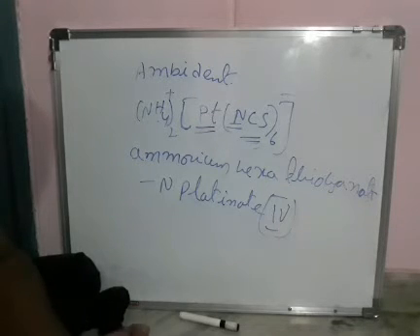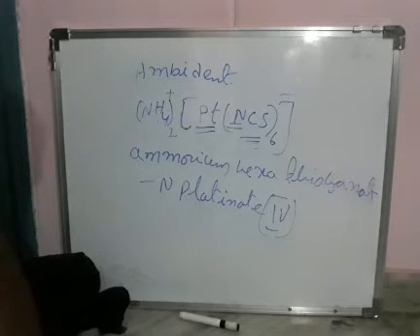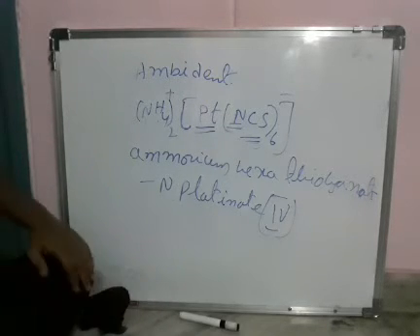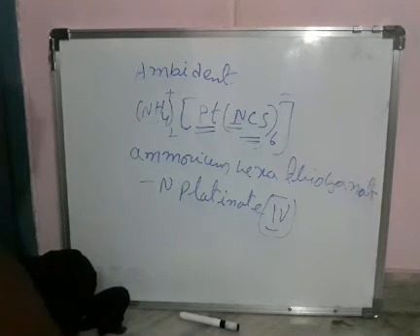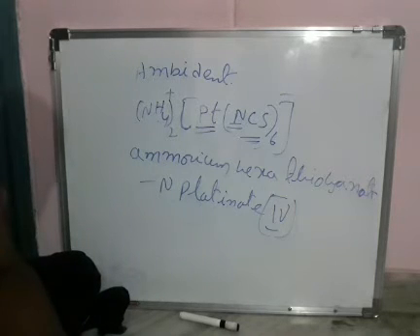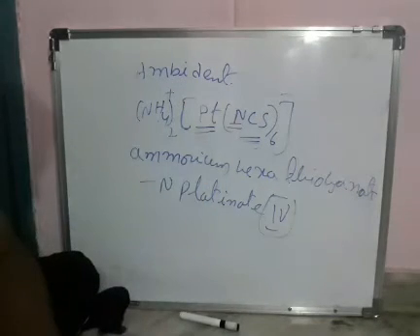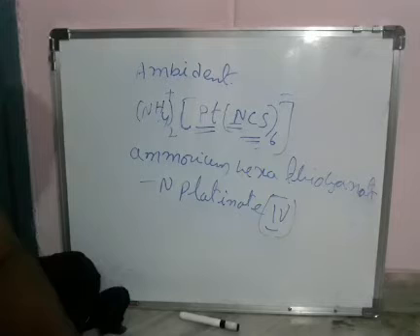If negative ligands are present, how can we name those negative ligands? And if positive ligands are there, how can we name those positive ligands? We discussed that. And if two or more of the same kind of ligands are present, that should be mentioned by di, tri or tetra, like that. While writing the names, if a negative coordination sphere is there, then the central metal atom should be added with 'ate' as a suffix. That is one of the important rules.